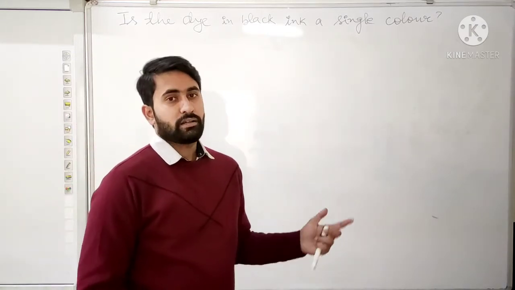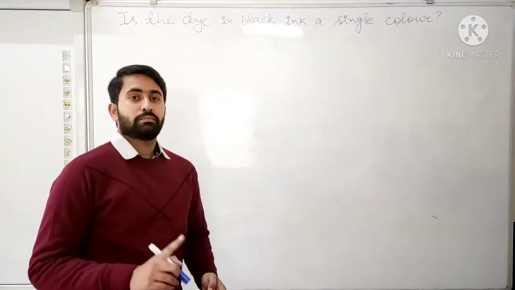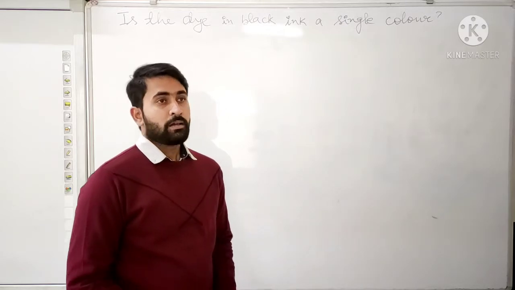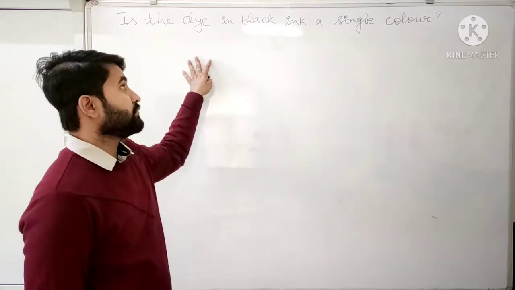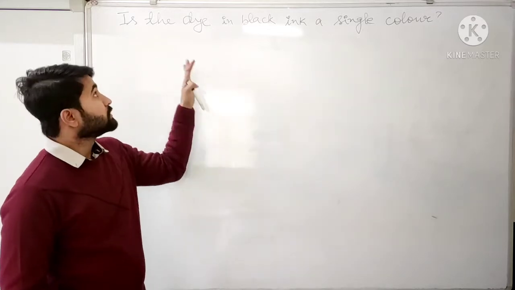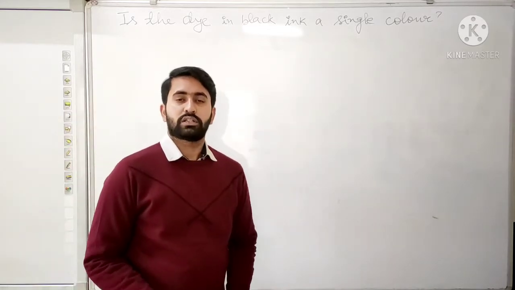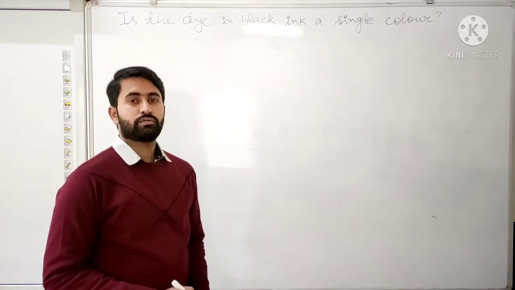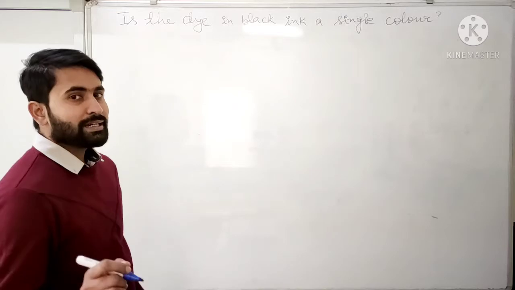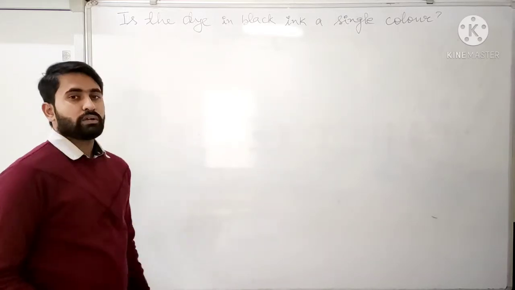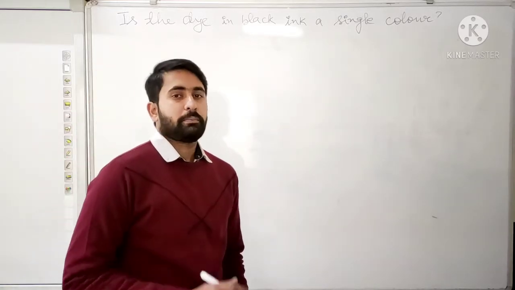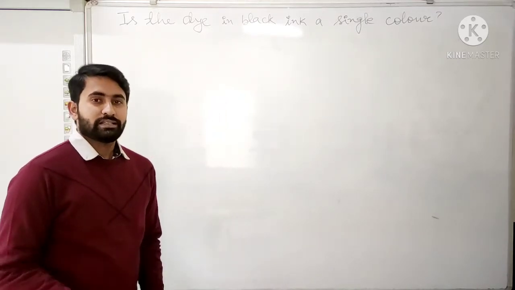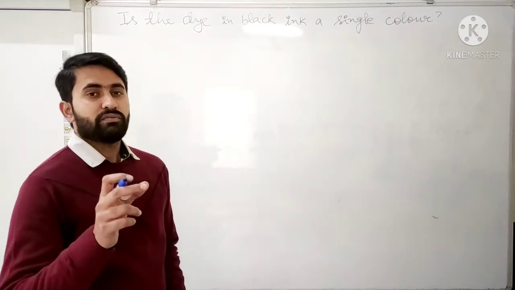We know that earlier we have read that ink is made by dye that is dissolved in water. So we will learn how we can prove that the dye that is present in the blue or the black ink is not actually a single color dye. First of all, for that we need a paper that is known as chromatography paper, or if we don't have chromatography paper, we can instead use a piece of filter paper.